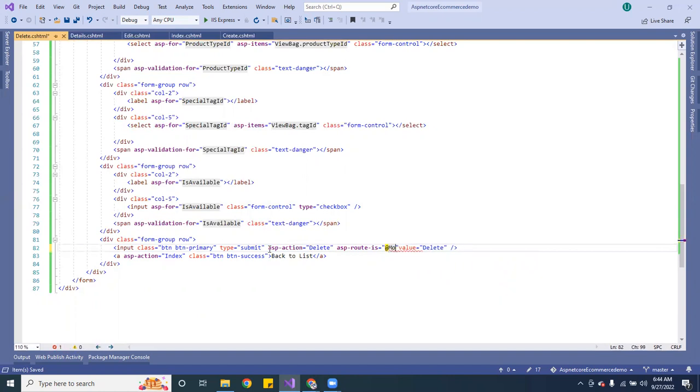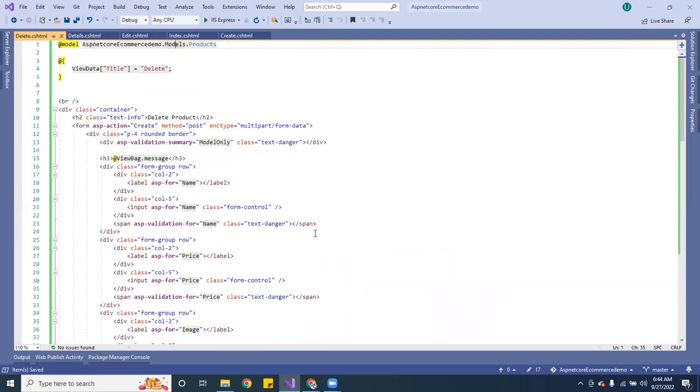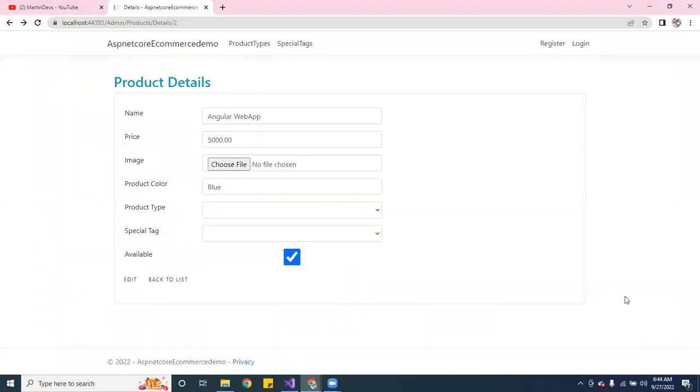We capitalize this one, model.id. So in order to delete it, we got to pass an ID. Okay, so the action, the list. Okay, cool. Let's see, everything was good. Delete. Okay, now we're going to save this, and we're going to go back over here, and I am going